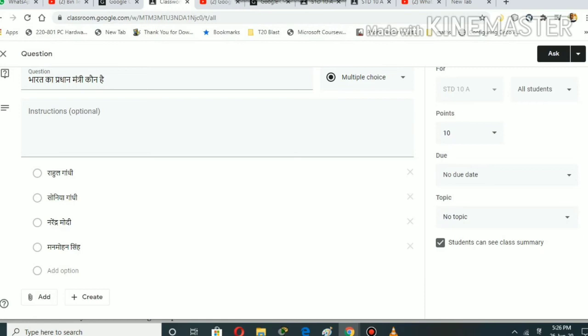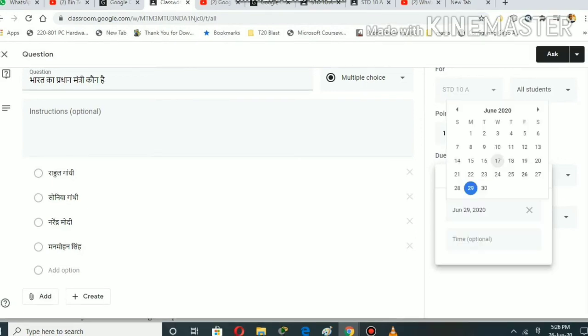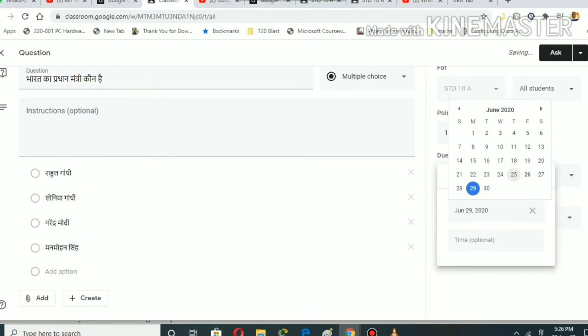At the points place you can give marks like 10 or 100, depending upon the question. Along with this you can give the due date and time also, like if you want the task completed before 28 or 29 June, you can give the date and time so that they can answer on time.